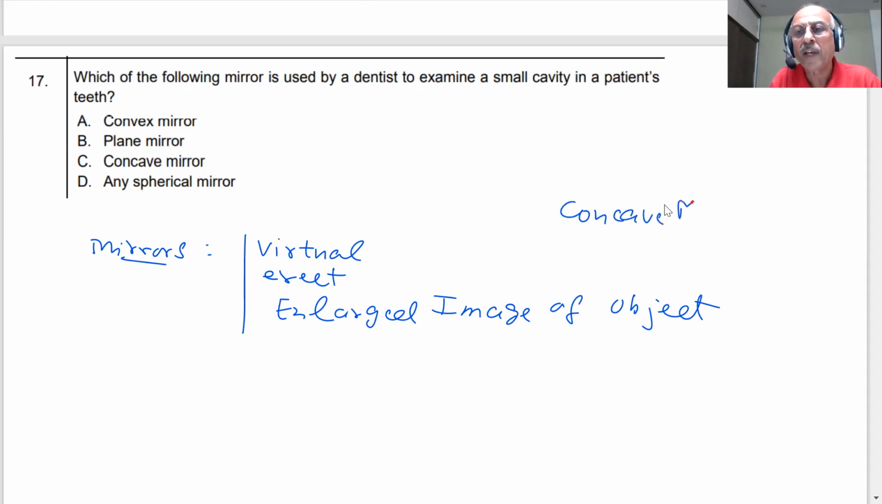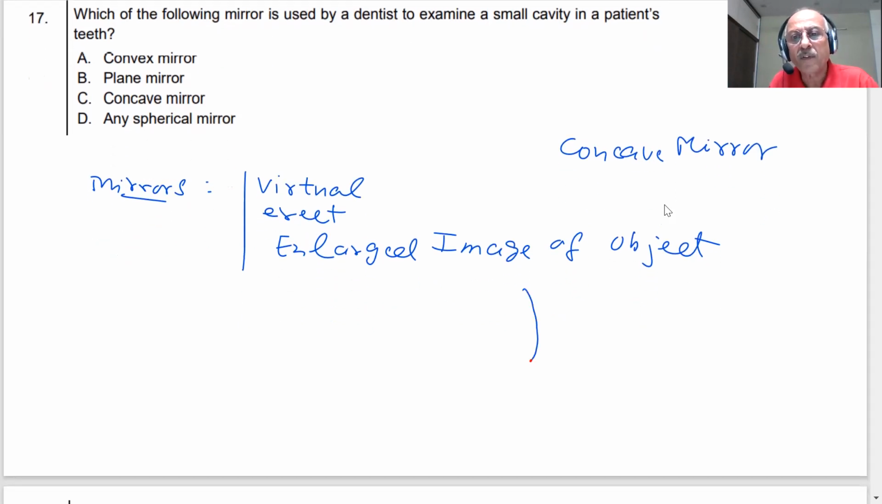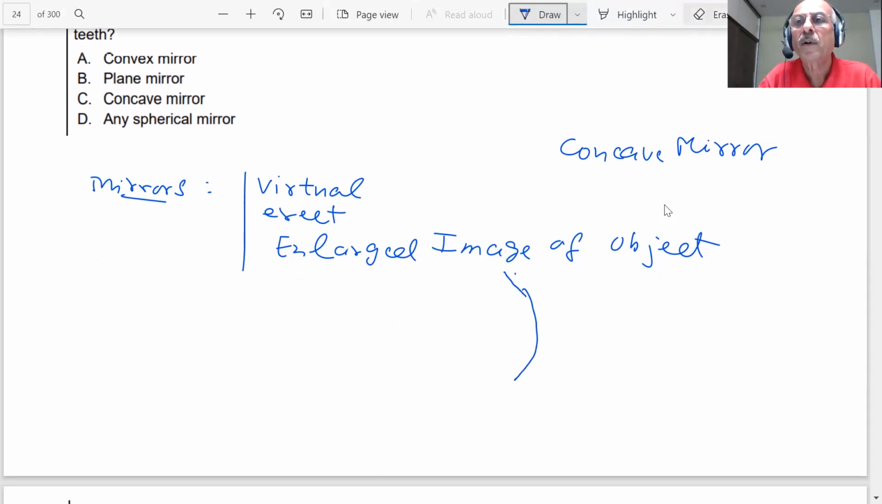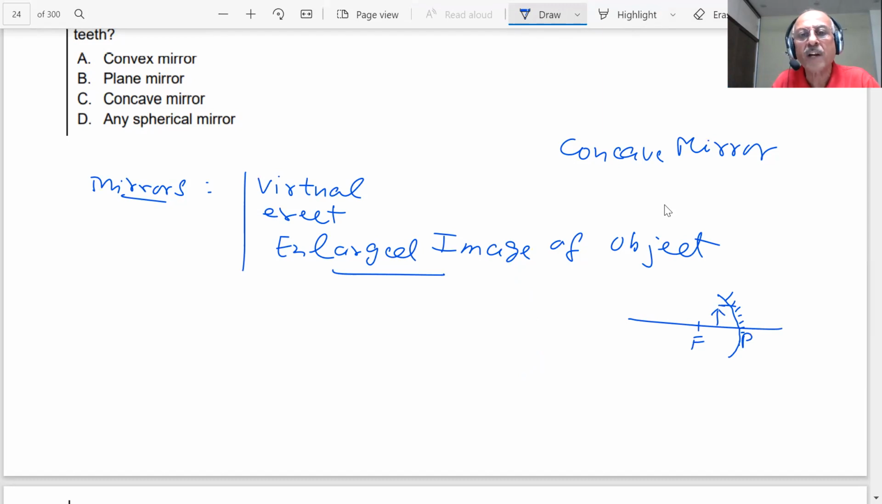In the case of the concave mirror, student, let me draw it better for you. What happens if I have a pole and I have a focus? If an object is placed between pole and focus, then you know what type of image is formed. And you have seen, student, you will get a virtual, erect and enlarged image of the object. And therefore